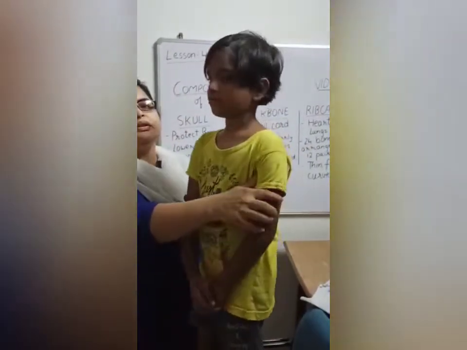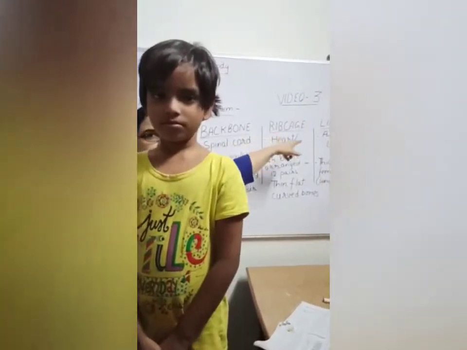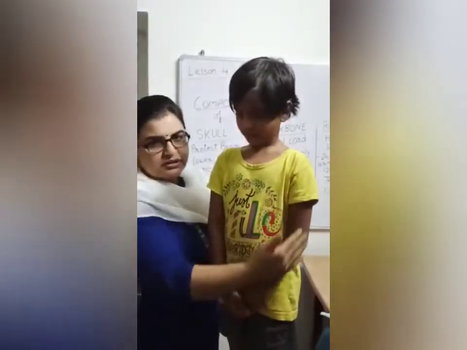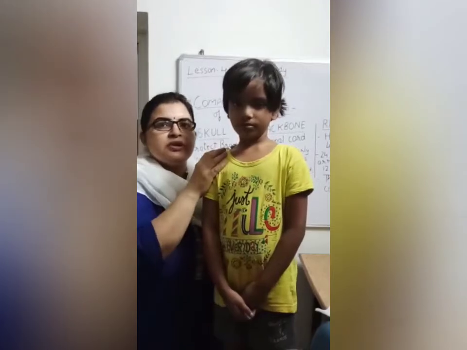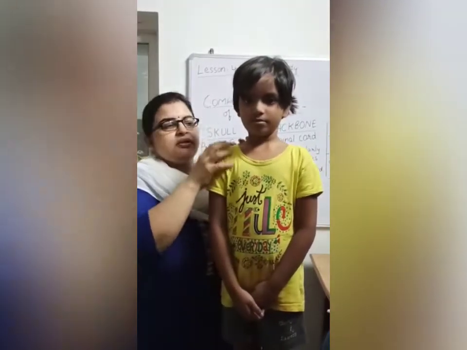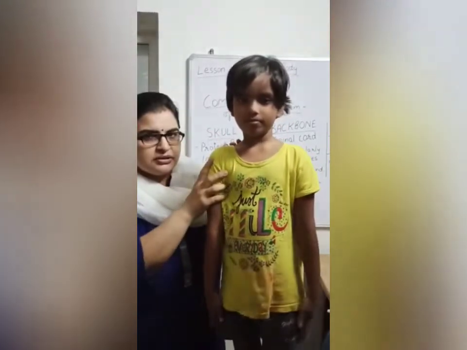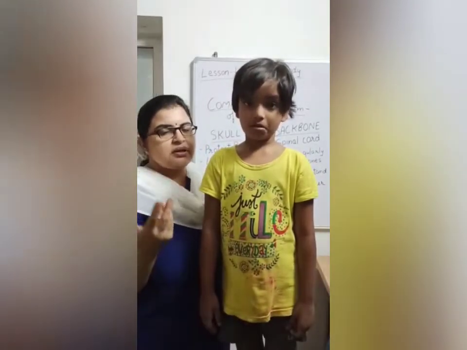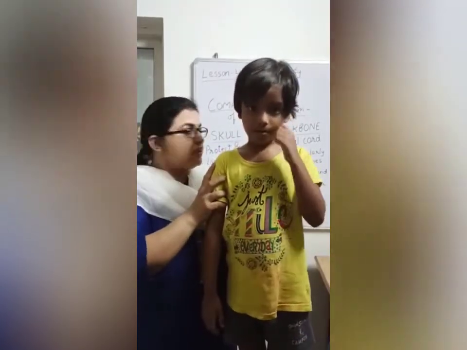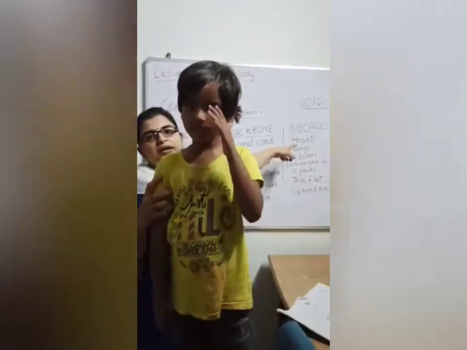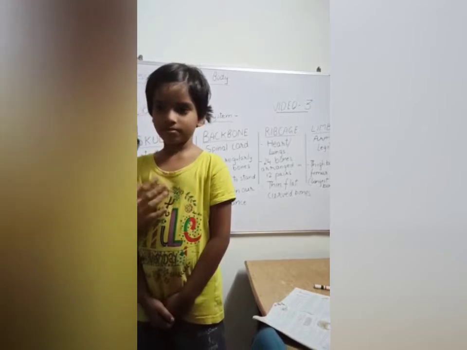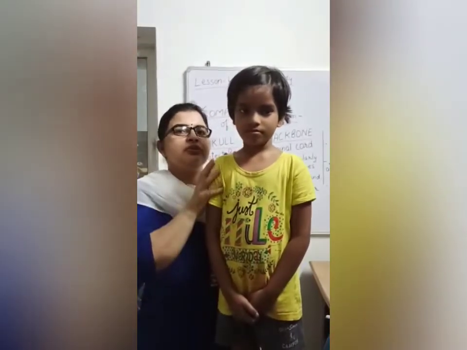Now next is the rib cage. Our body has different internal organs that you studied in class 3, 2, etc. What are these internal organs? These are the heart, lungs, kidneys, stomach, etc. Now you can feel from your body also,